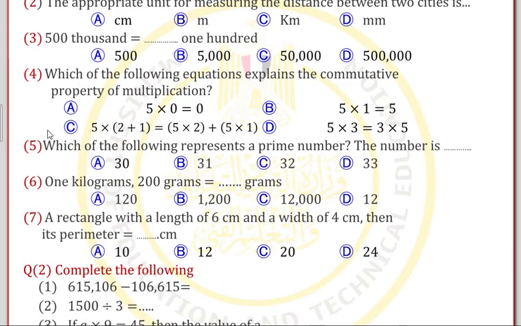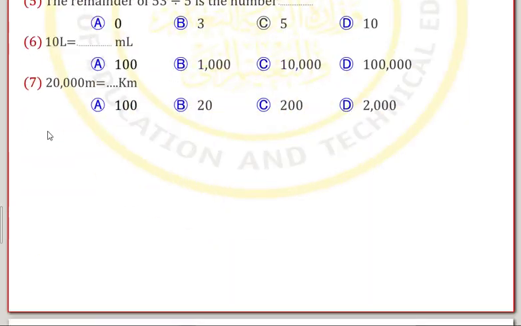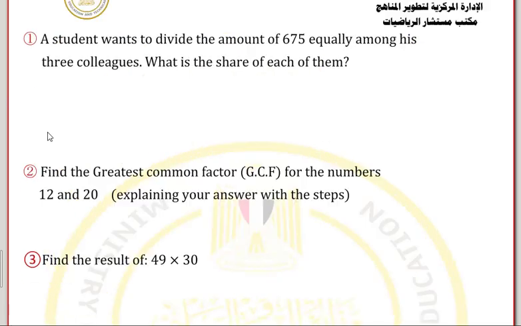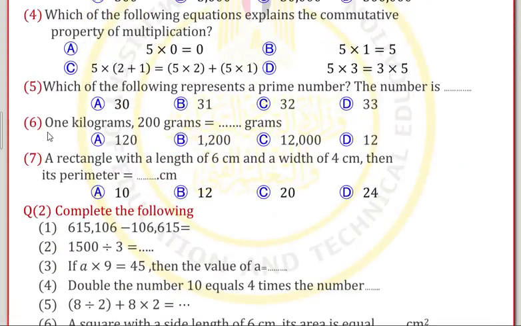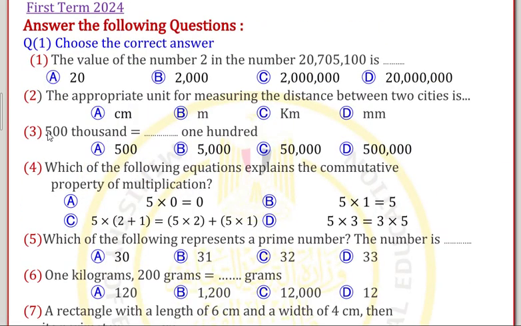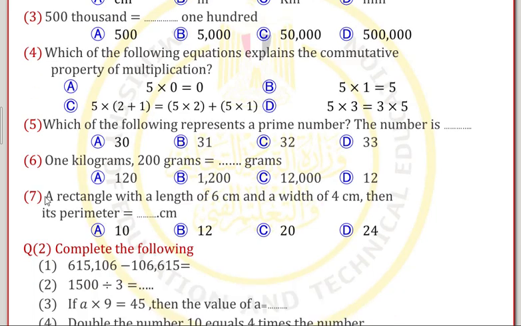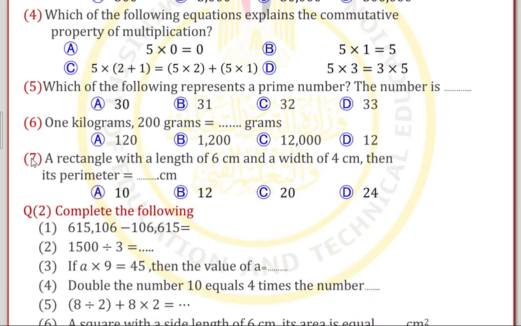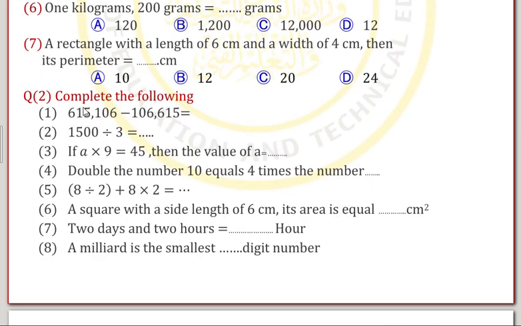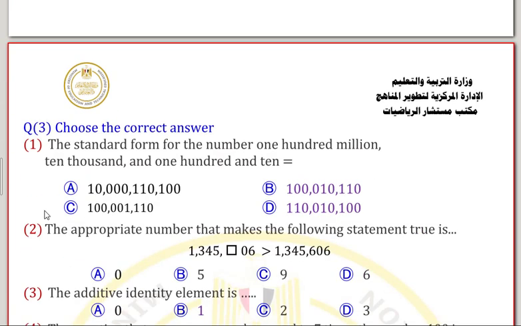It consists of about 4 questions. Question 1 is a choose question, with 7 questions. Question 2 is a complete question, with 8 questions in it. Question 3 is